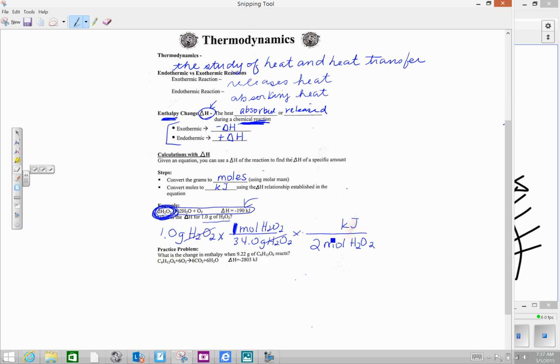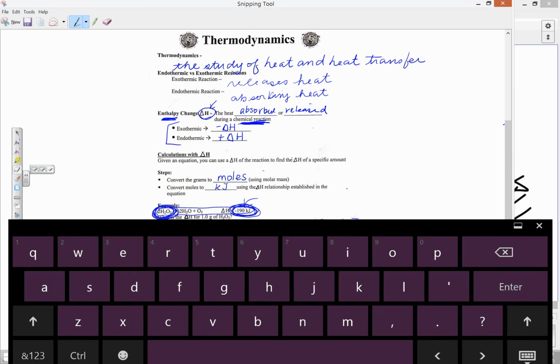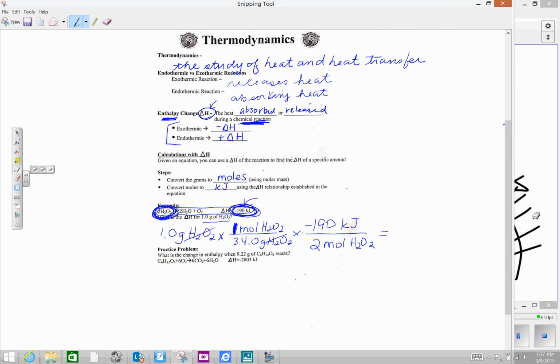So negative 190. If this problem had been about O2, see, I would have put 1 down there because there's a coefficient of a 1 with O2. But it was about H2O2, so I put the right coefficient. Okay, and then we're just going to do our stoichiometry math. I'll help you with this. Oopsie daisies. So when you plug that in, you get